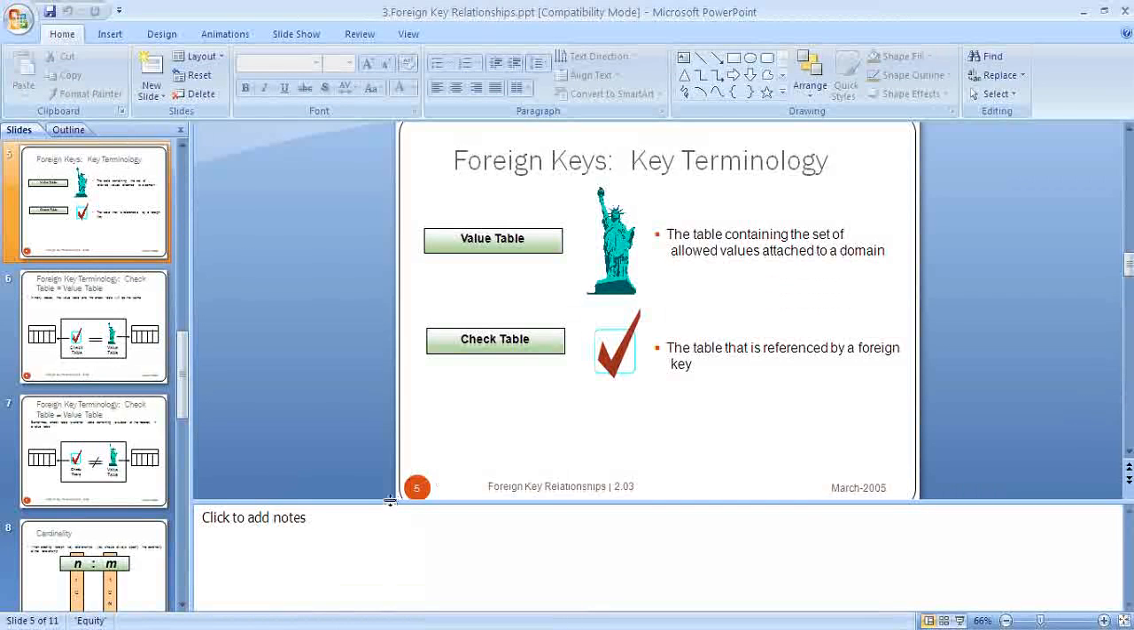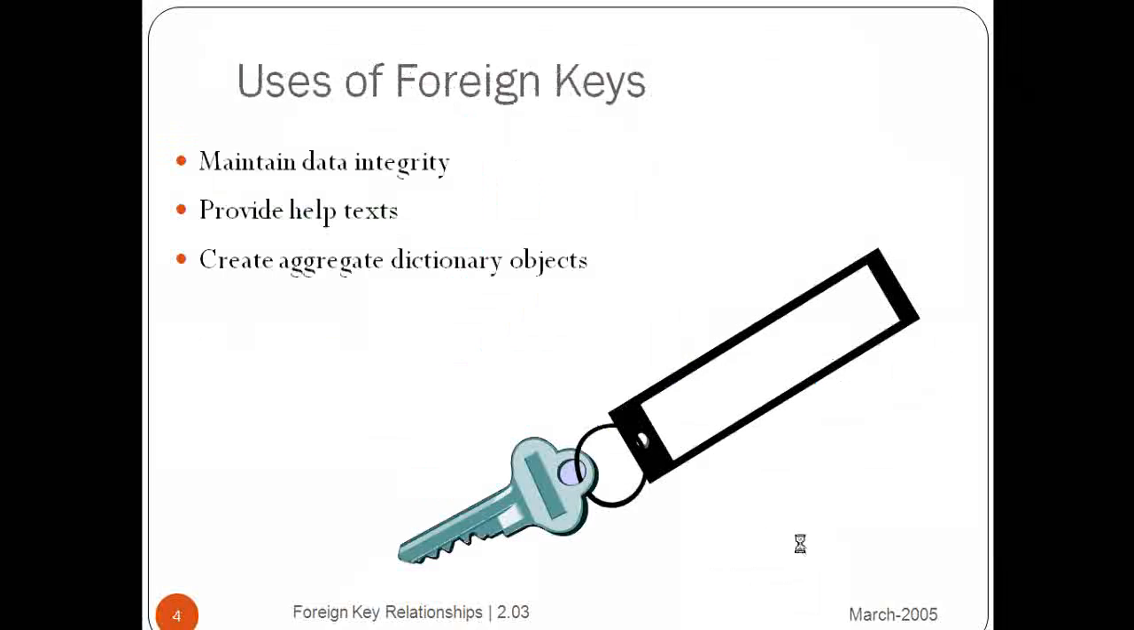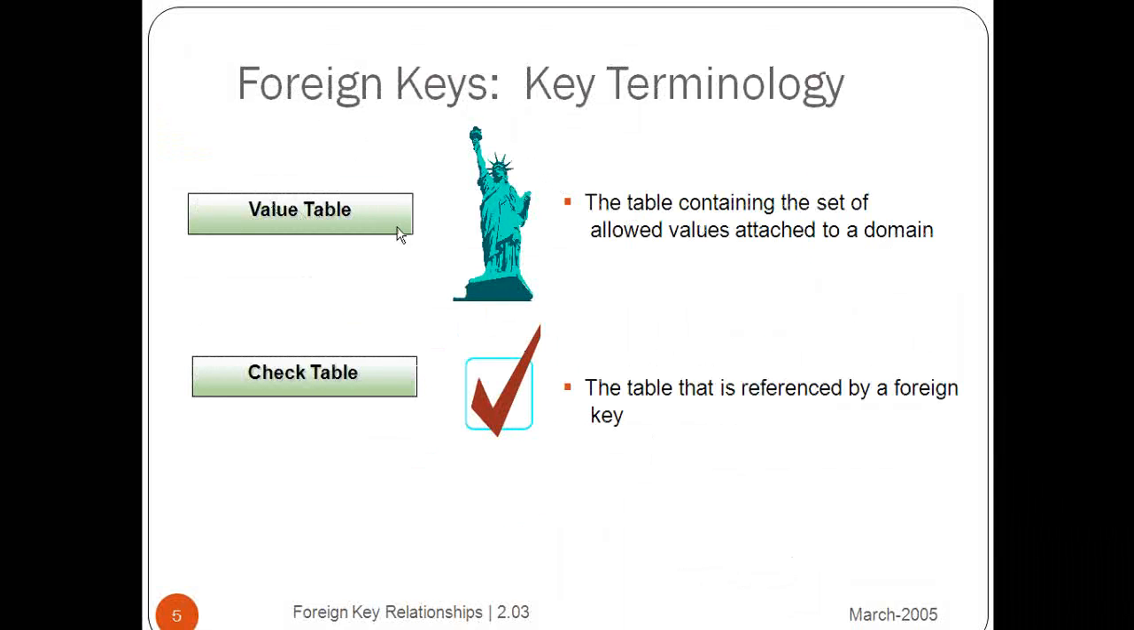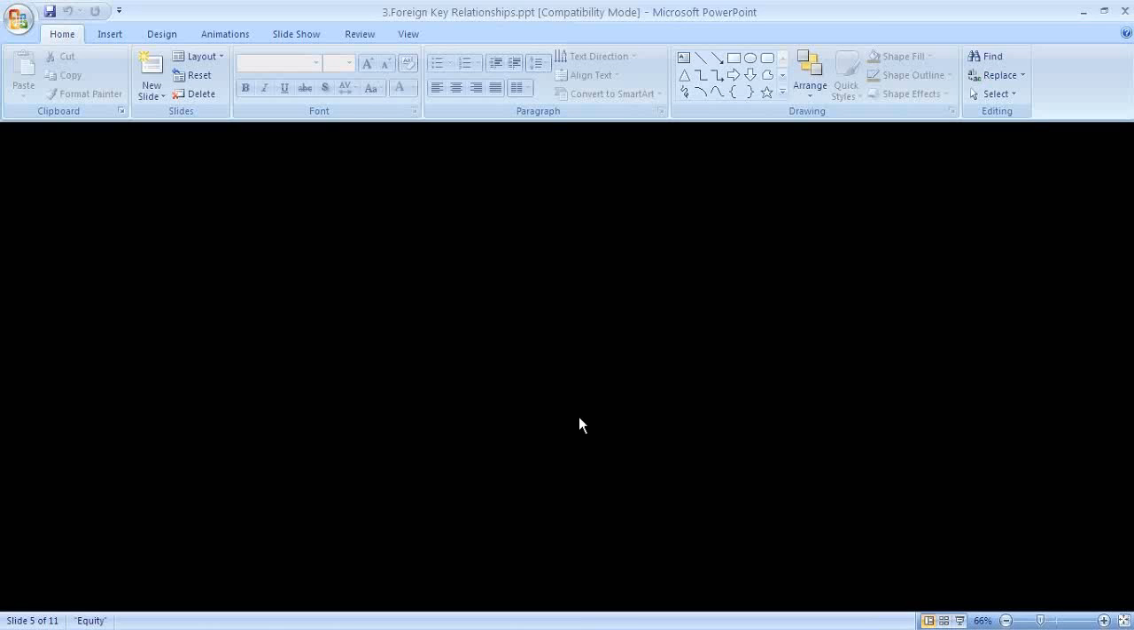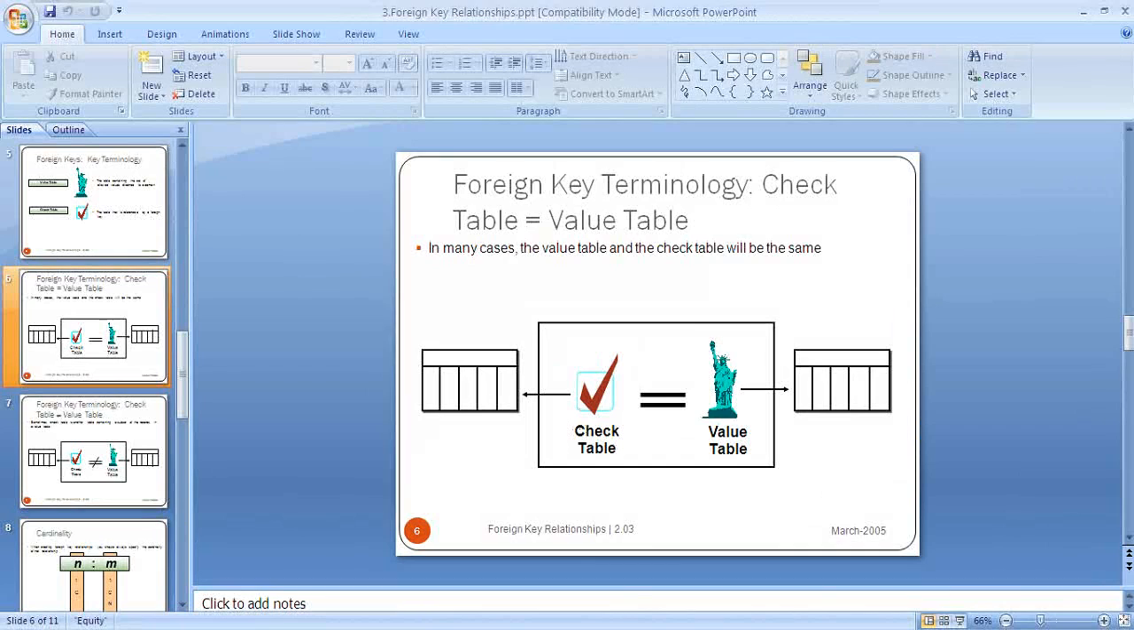Okay. So in the slides I will show you. See, there is a value table we have covered in the domain area. A check table is what we can provide in the foreign key relationships. Now there could be certain situations when the check table and value table could be the same. Means for this particular field, if you can see,